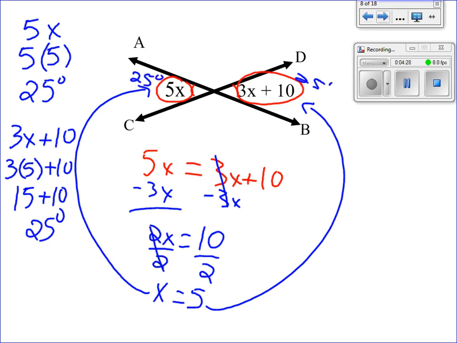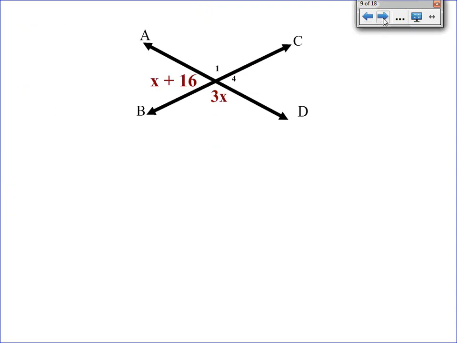And all I have left to do is find the other two missing angles. So I know that the other two have to be supplementary with the 25. So I can do 180 minus 25, and I get 155 degrees. So that's what to do when we're given two vertical angles, two angles that are across from each other and